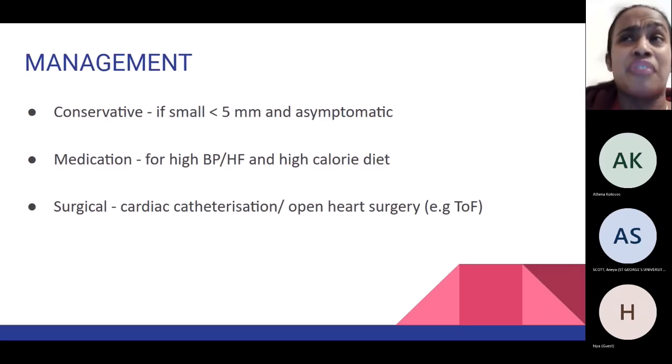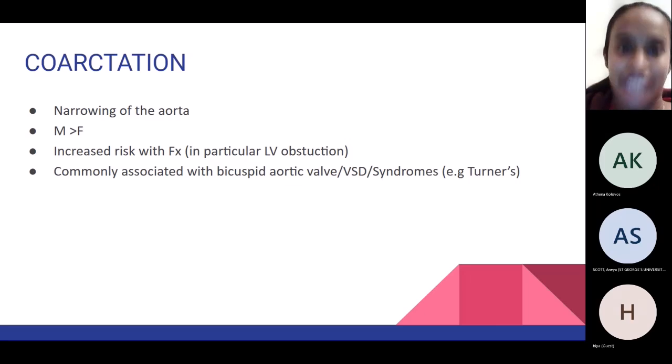So, all fine with VSD? Just a recap: ASD is a hole in the septum dividing the right atrium and the left atrium, and VSD is a hole dividing the right ventricle and the left ventricle. Depending on the size and whether the child is symptomatic, management will be guided. Sometimes you will just watch and wait, and sometimes if it's large enough or the child is symptomatic, you would usually treat it surgically. Okay, all fine so far? Okay,